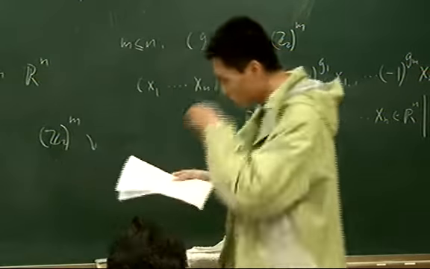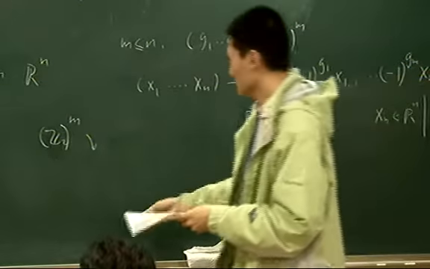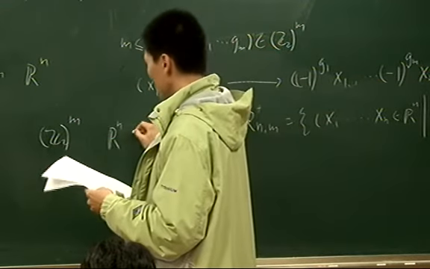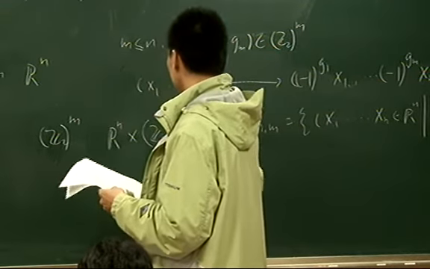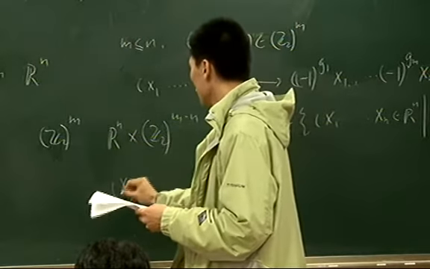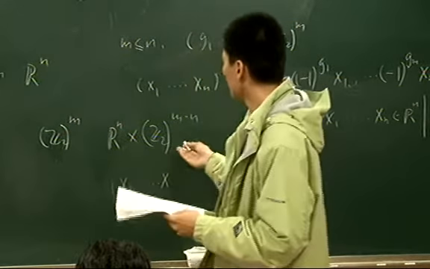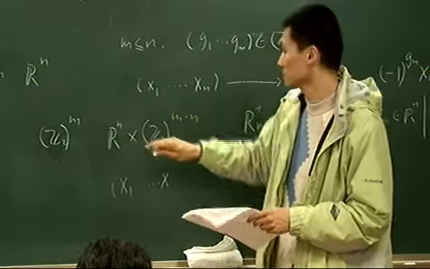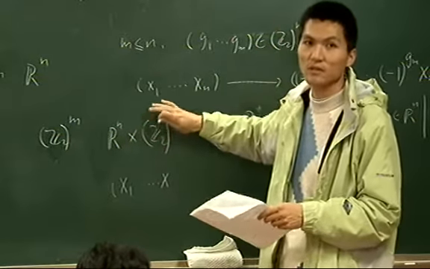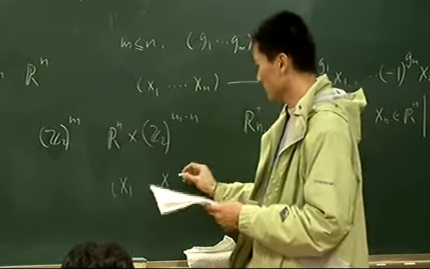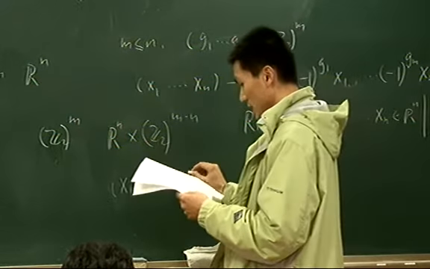So I think one Rn is not enough. So we should let it act on Rn cross Z2 to the m minus n, and then something like x1. We take this because we want the action to be effective. So I think this one cannot be enough. So we take 2 to the m minus n copies of Rn, and then I write something like